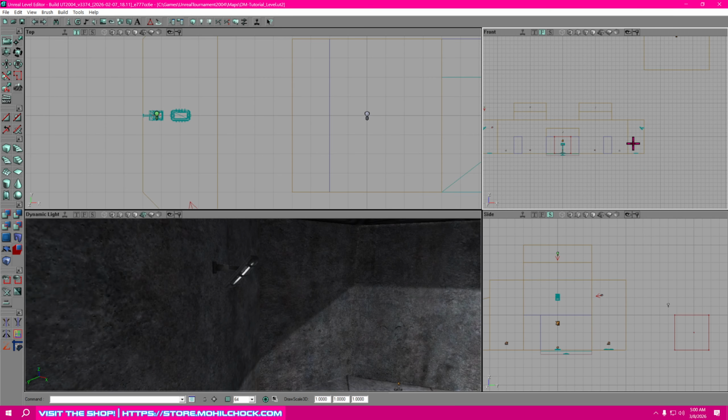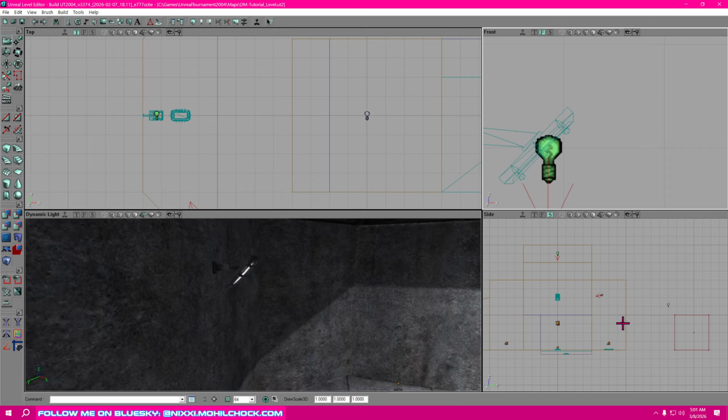And let's look at this in the front view. So we can drag this down. And I really just want the little red point of that arrow to be as close to the static mesh as possible without being actually inside of it, because that's where our light is originating from. And once we're in there,